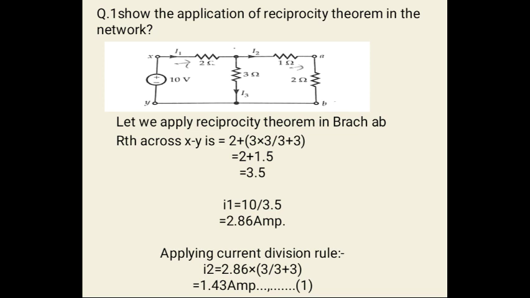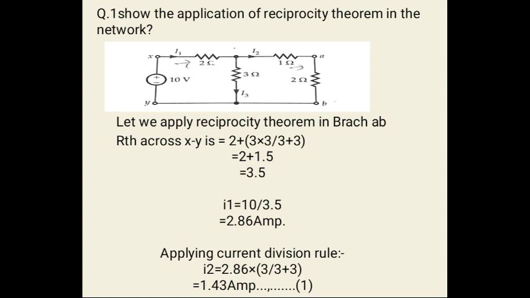Now we take an example to understand the reciprocity theorem. The figure shows the application of the reciprocity theorem in the given network. In the given network there is a voltage source of 10 volt. So we select a branch for reciprocity. Let the branch be the AB branch, in which a 2 ohm resistance is connected. In the first case, we find the current in the AB branch using a conventional method.